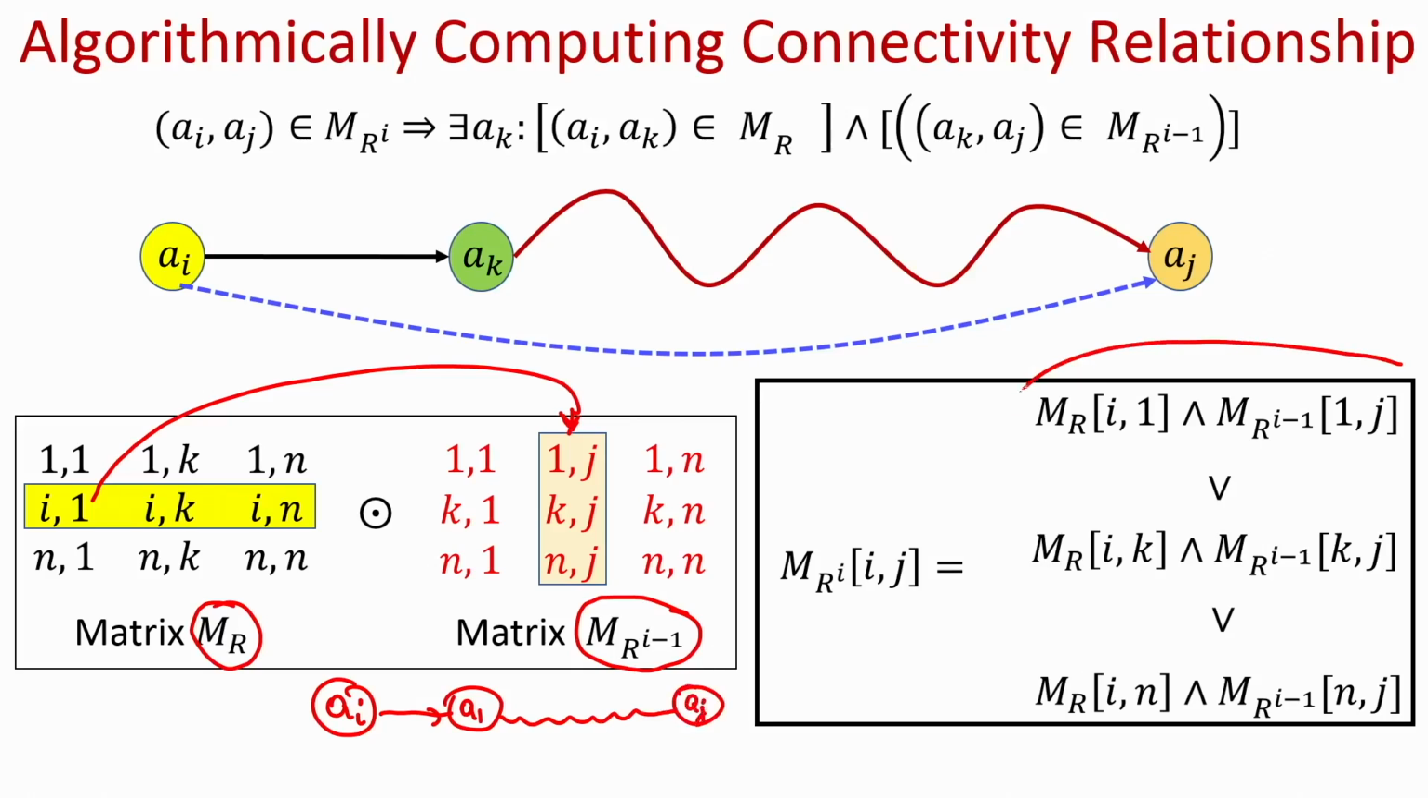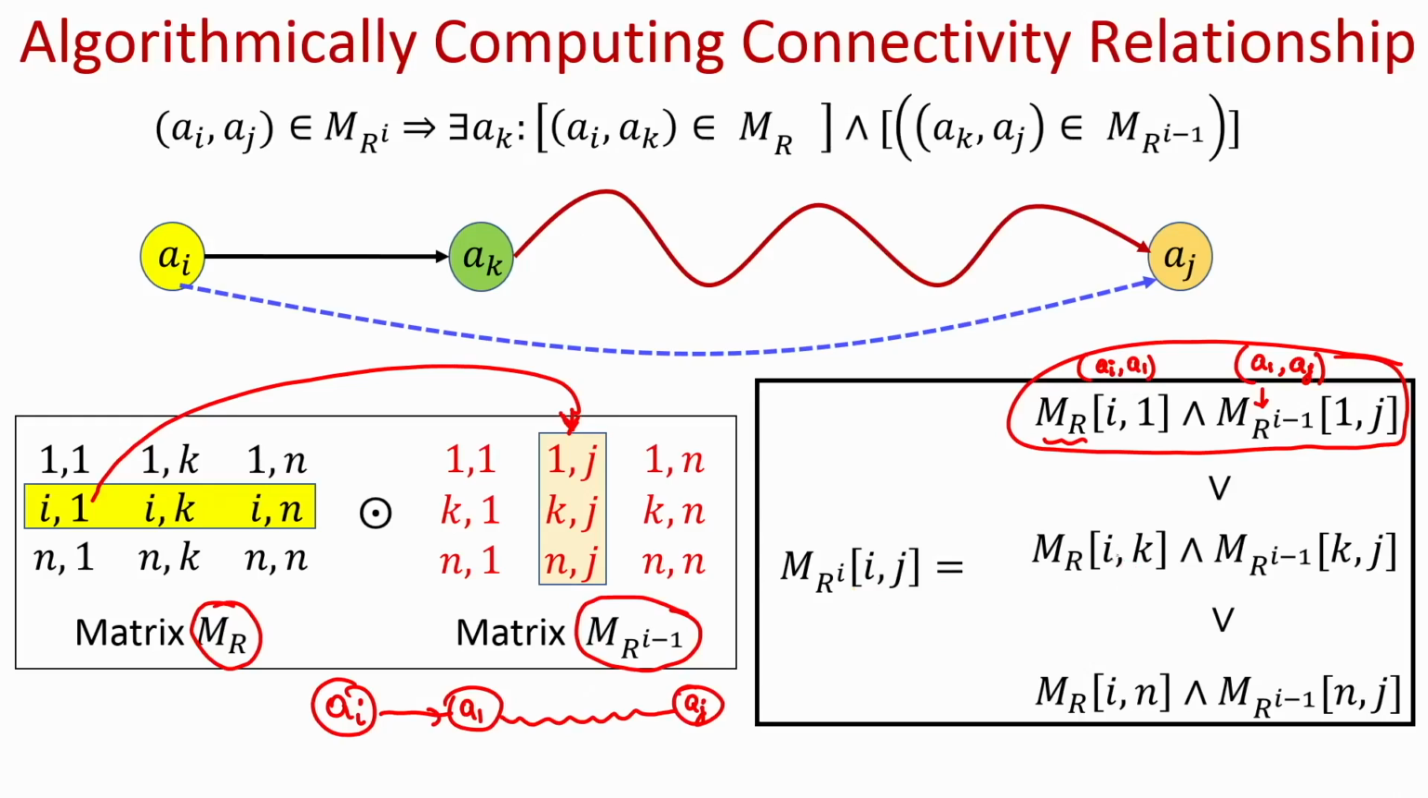So, that is the essence of checking this first conjunction: checking whether (Ai, A1) is related in the relation R or not, and whether (A1, Aj) is present or related as per the relation R power i minus 1 or not. If that is the case, I do not care for the other expressions in this overall expression. I can simply say that the (i,j)th entry in R power i should become 1,